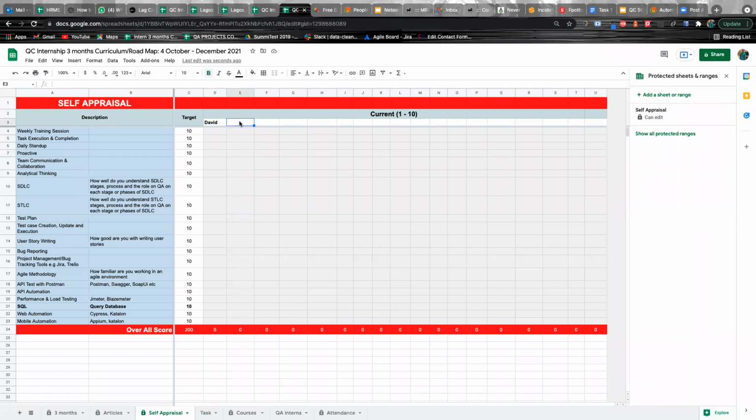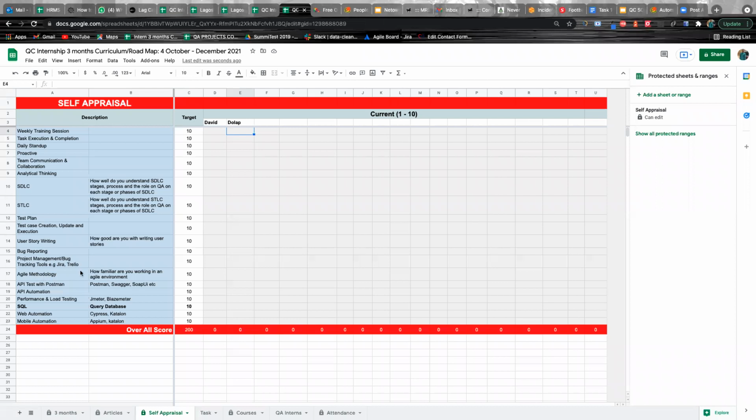Like I explained earlier, come up here, add your name, and rate yourself for each and every one of these listed features. User story writing, you rate yourself. How good are you with writing user stories? Then if you have not been taken on any of this, you don't have to rate yourself. You can leave the space blank.